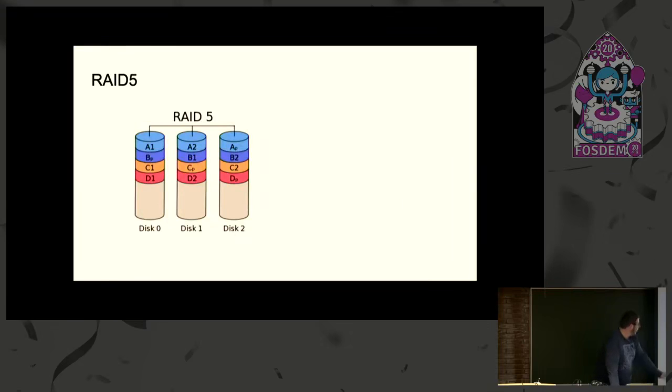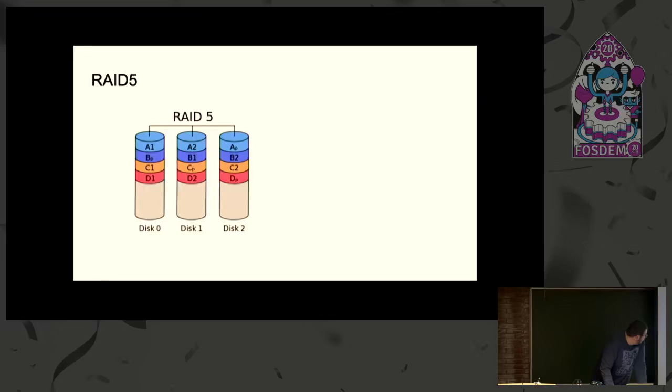The only difference is that rather than distributing the parity bits across the drives, we put all the parity bits on one drive. And that means that writes are slower with RAID 4 since there's fewer data drives to write to. But since all the parity is written to the same disk, random reads are better. So writes are slower because the parity has to be written to the same disk, but random reads are better because there's fewer disks for you to look for, because you have a dedicated parity disk. So